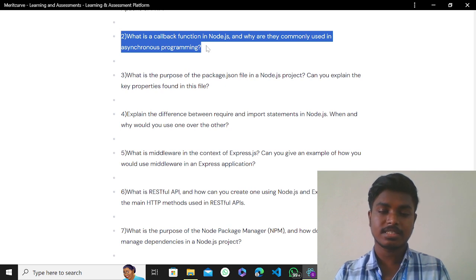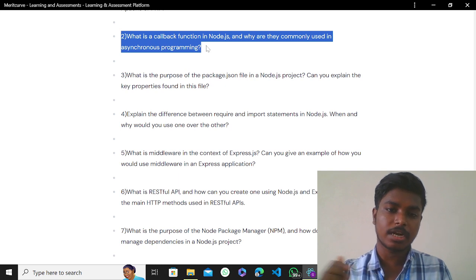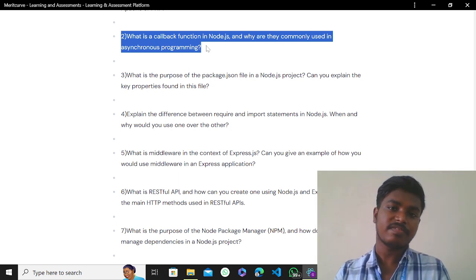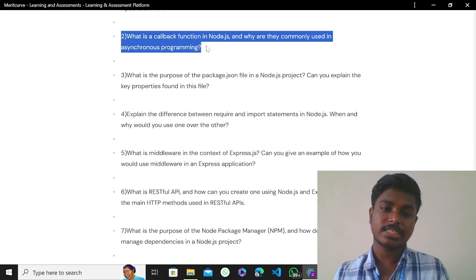This callback is used so that one part of the code is executed after another part has finished. It means after executing function b, only then should function a execute. That's why we are passing function a as an argument in function b.